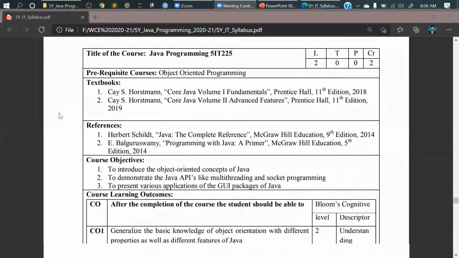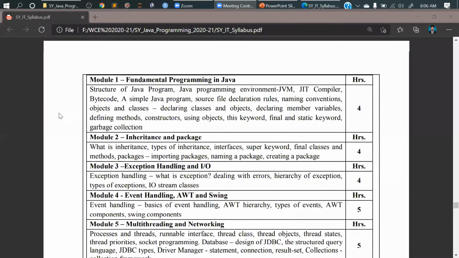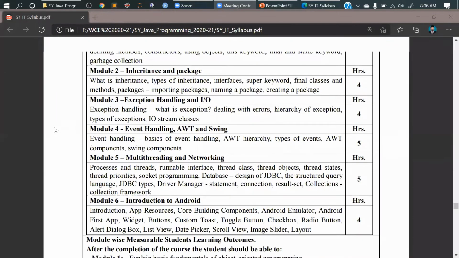Going through this course, we'll be having 6 different modules, wherein the first 5 modules will be more focused on Java programming, and the last module will be an introduction to Android.